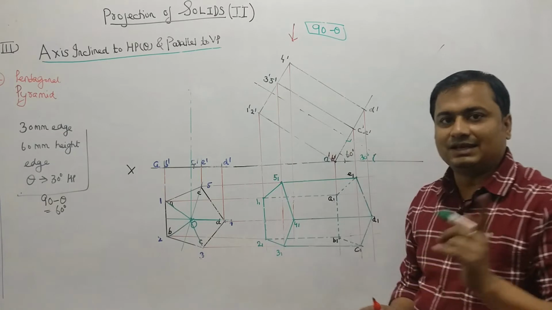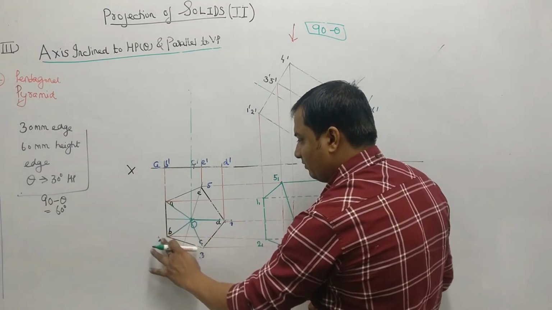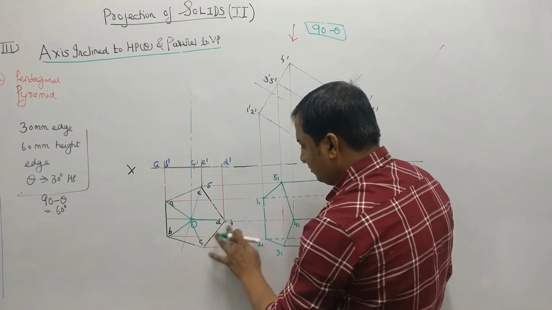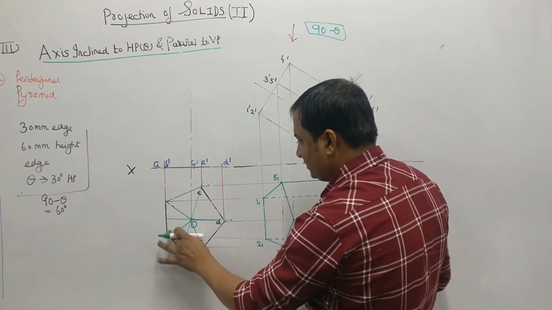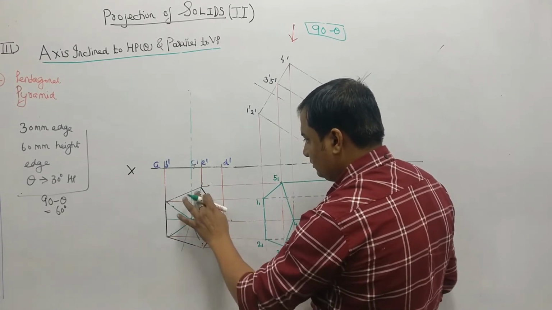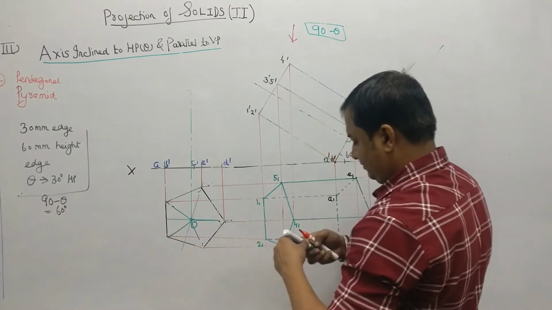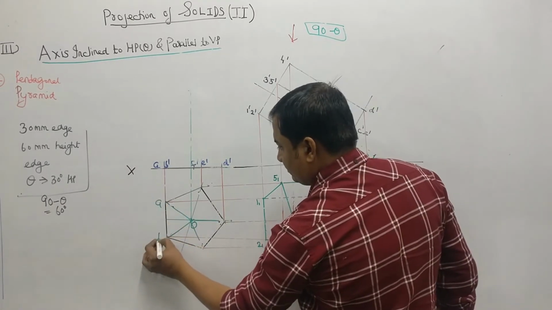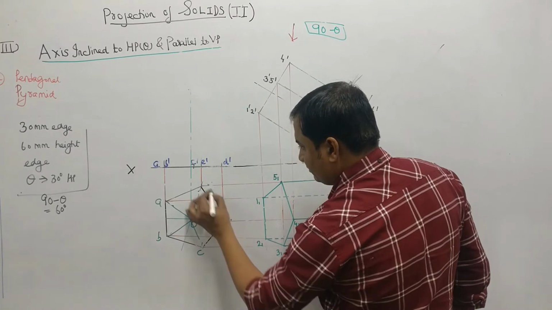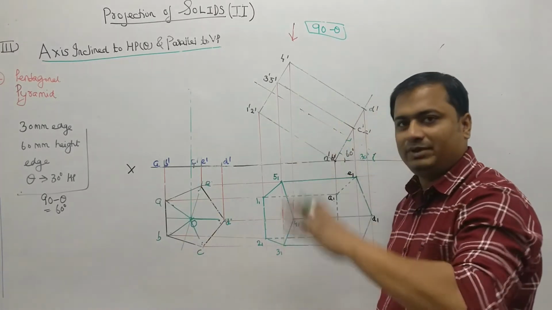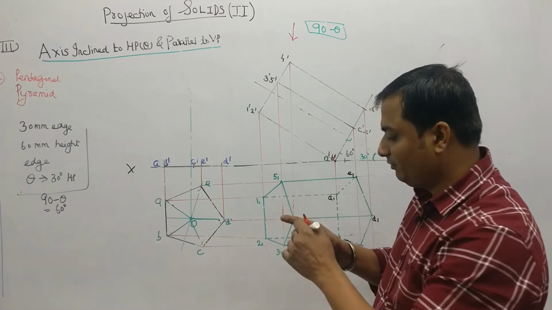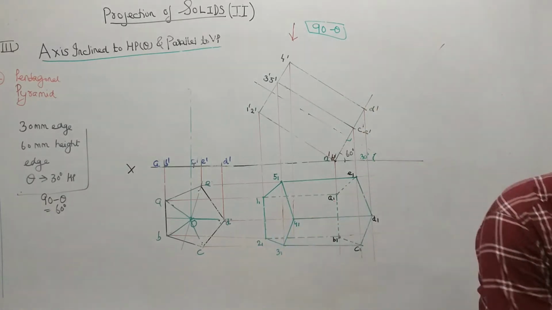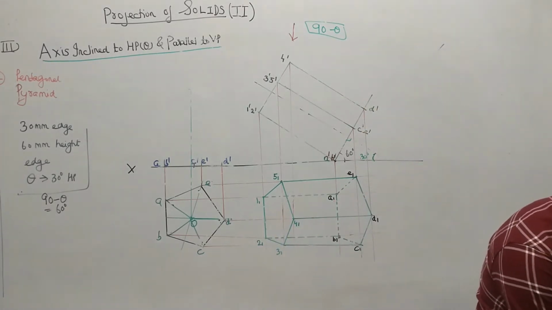Okay, with single naming, only the alphabet is required, so there is no need of these numbers. You can write the alphabets outside also. So this is my A. This is my O. So the top view will be a pentagon in case of the pyramid. Now I am dealing with the pyramid, and the front view will be a triangle. So the front view is going to obtain the triangle.